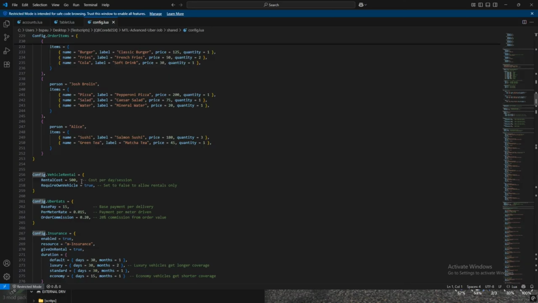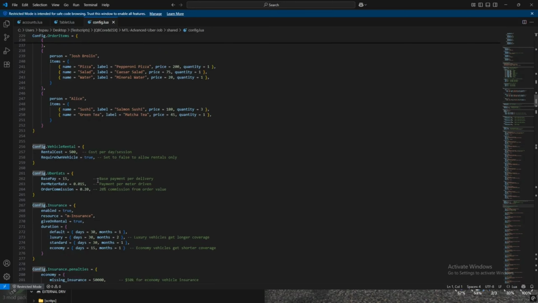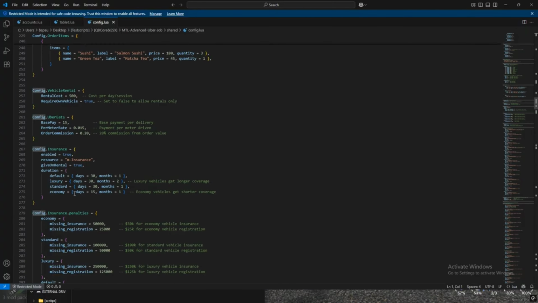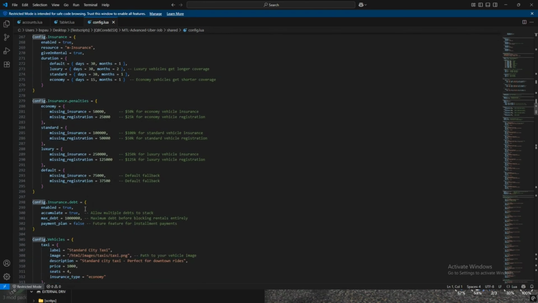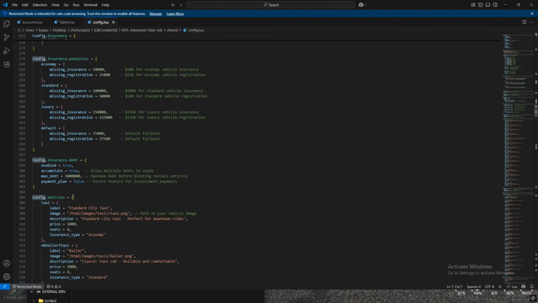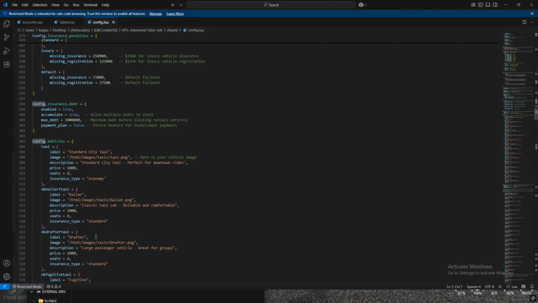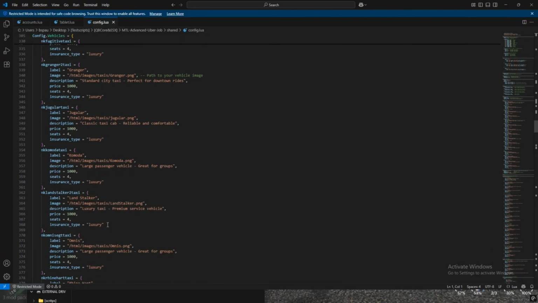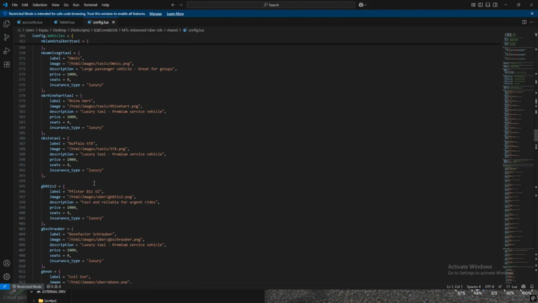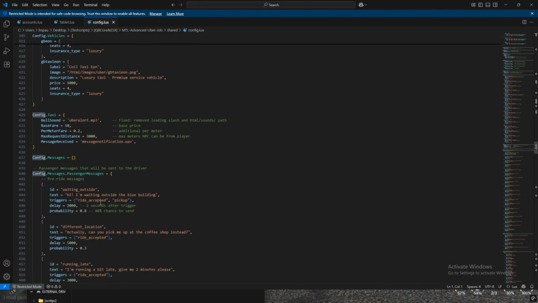The vehicle rent price, the Uber Eats, it'll let you know the base price, M-Scripts. So if you're using M Insurance, if you enable it, then you'll have the insurance, how long it goes for, the vehicle type, insurance multipliers, like a penalty. So if you don't return the insurance based on the vehicle type, you'll be charged based on that vehicle. Yeah, so everything is configurable. The responses, so the text messages will be editable, the negatives, the positive, and the neutral.